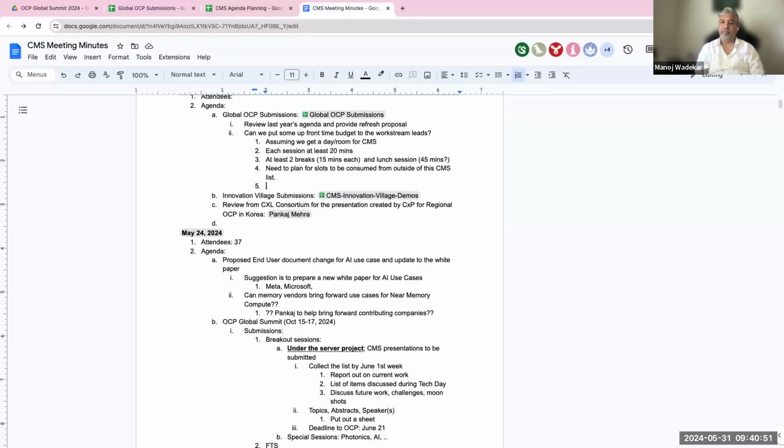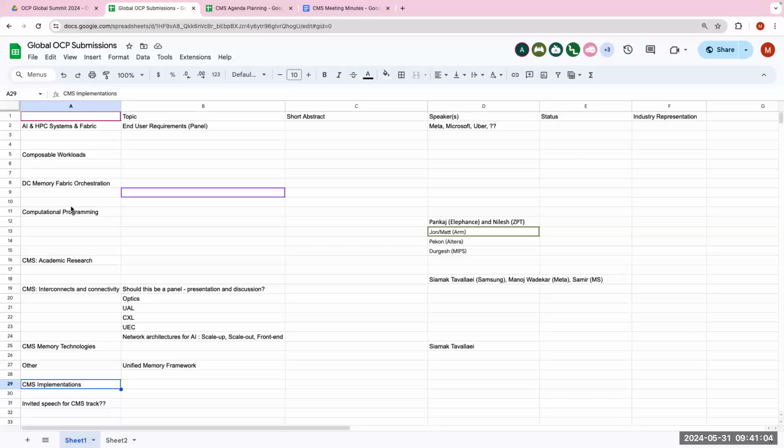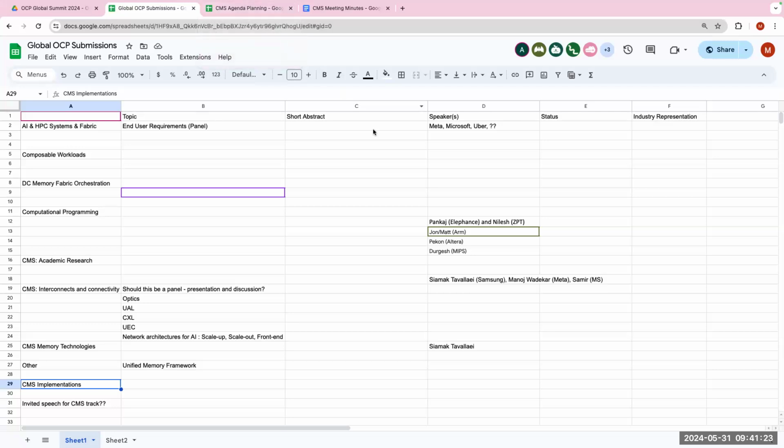Okay. So Reddy, we can take a crack at it, saying that if you wanted to do these many things and subtract that time, how much time we can allocate for each. Yeah, assume that, at this point, let's consolidate the list of topics and presenters. And then let's see what the situation is like. We may have to pitch in for multiple days if they are important for OCP, or we may have to say that things that come from outside this discussion will not be part of this track.